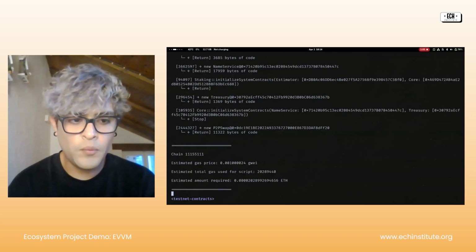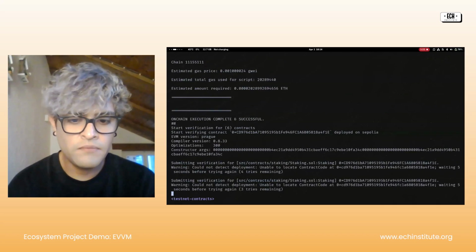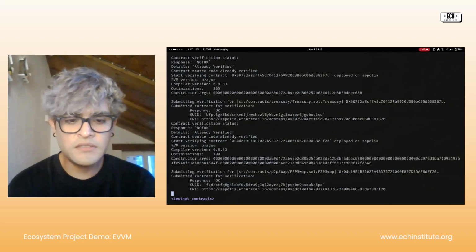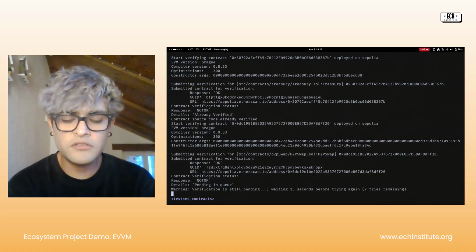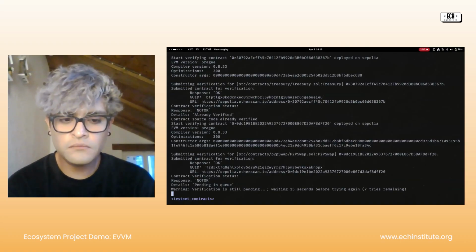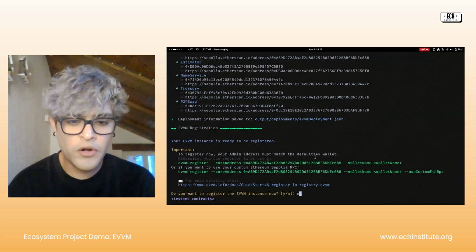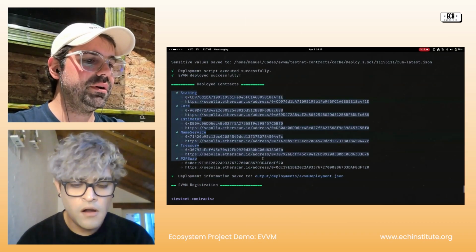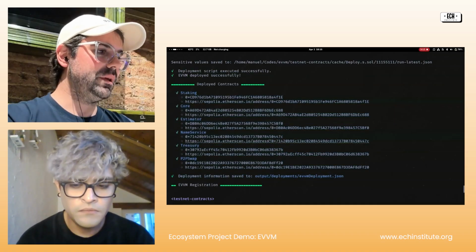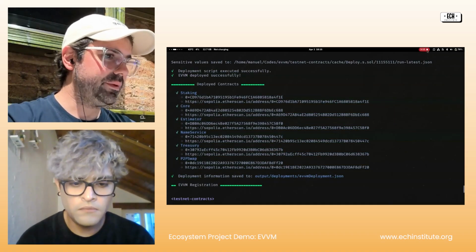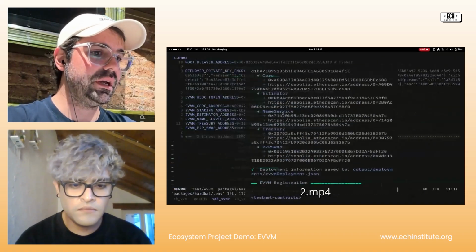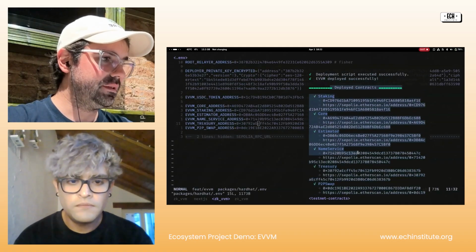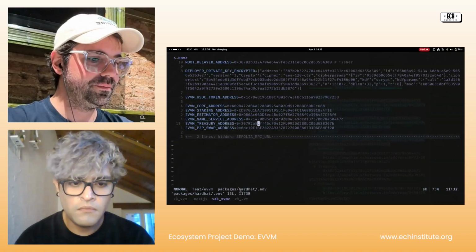Right now we have pre-configured our EVVM, and after this we have all verified contracts, and we get our EVVM. It's interesting to point out that we have a CLI deployer, and you can deploy your own EVVM in one minute, literally, with this tool. It lets you choose which chain you want to deploy on, and it also verifies the contracts automatically for you.